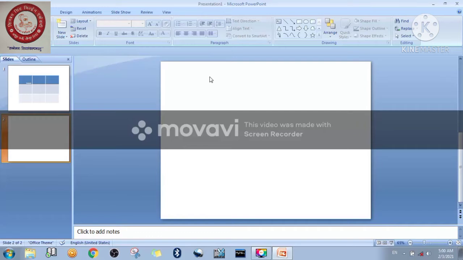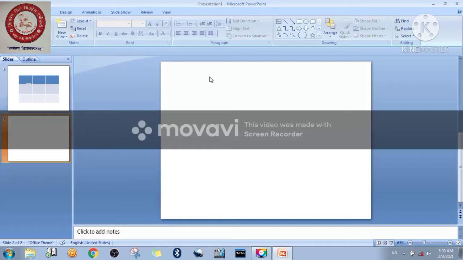And what are the advantages for that? Suppose you have data for a number of students. If you want to deliver a presentation for that, if you want to analyze the performance of each and every student, it will be done with the help of a chart, in a very easy way. A huge amount of data can be presented in the form of pictures, that is a chart, and that chart is used for delivering the analysis report of the performance of any student, right?